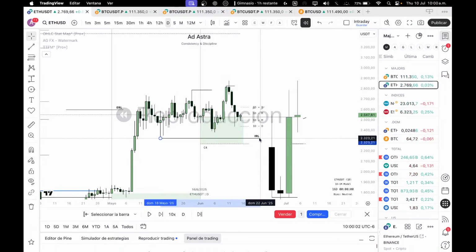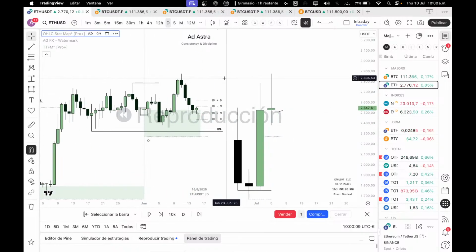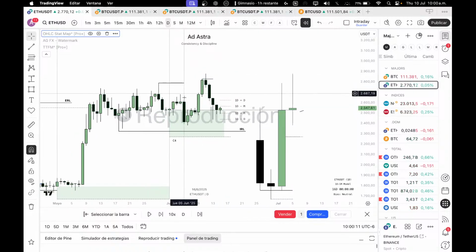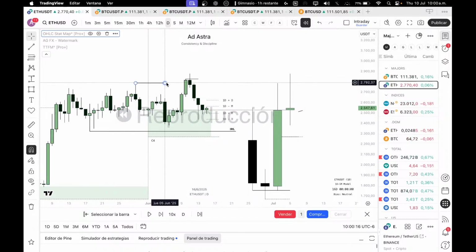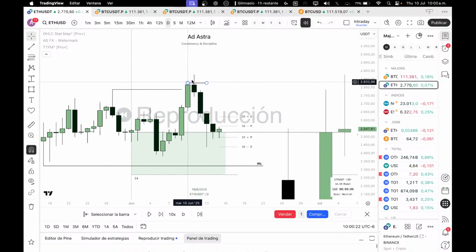On the daily, what we're looking for is what type of conditions we have. Okay, we have this range. We want to wait for one of the edges to be taken. Let's say you were expecting this one to be taken, and you want to see some swing like this on the daily,